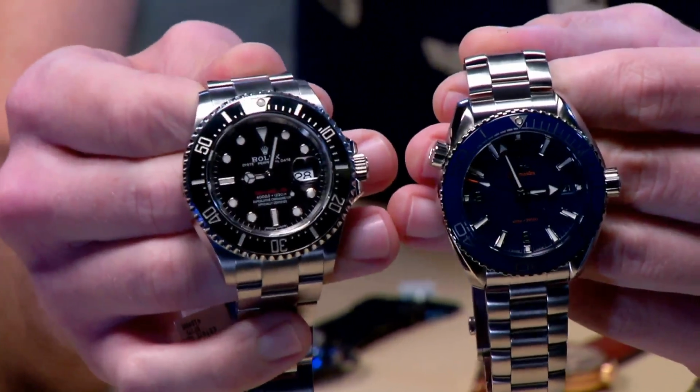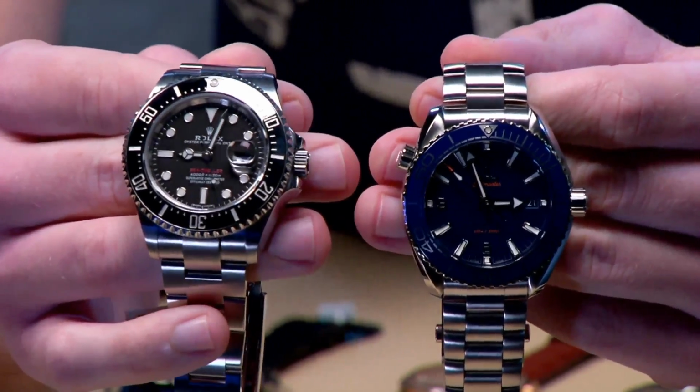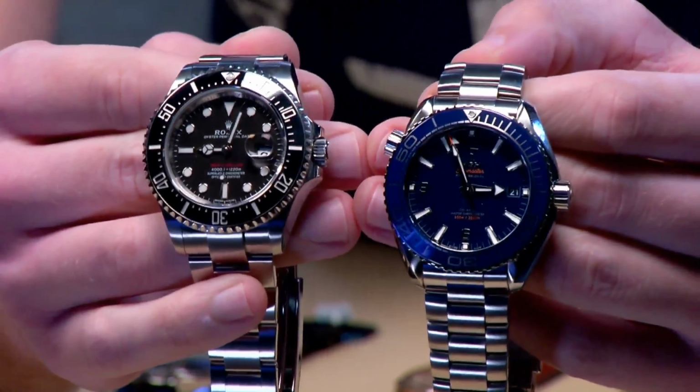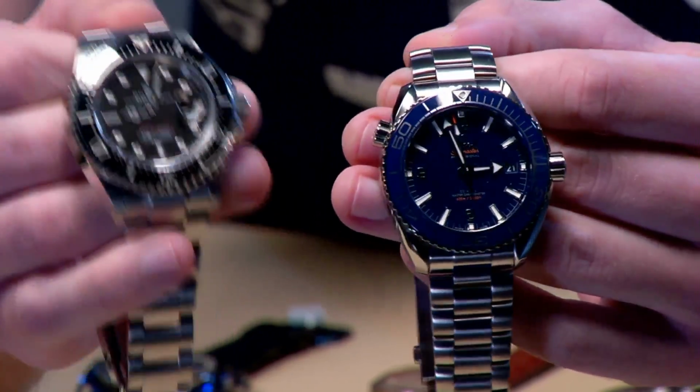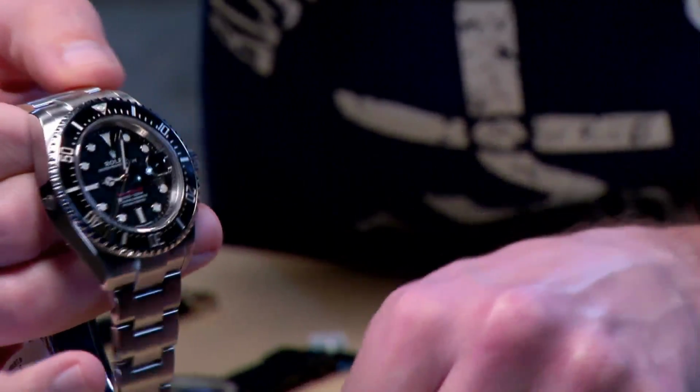And you can see the Rolex launched in 2017. This is the 50th anniversary Sea Dweller. 43 millimeters in diameter. It was the first ever Sea Dweller with a Cyclops eye. Now, the Omega has a 60-hour power reserve. The Rolex has 70. But let's see how they look on the wrist, because that often tells the tale, as